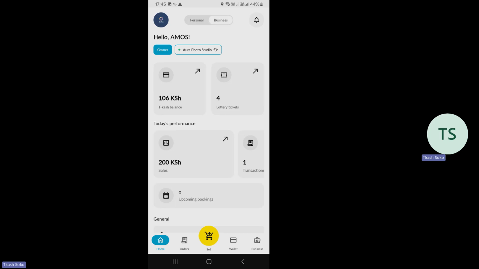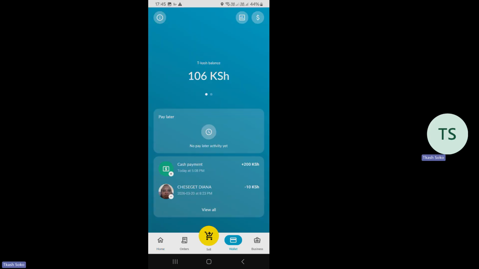So for you to know where this money goes, utakuja tu hapa chini kabisa, there is the option of home, orders, sell, then there is the option of the wallet. So nitaguza wallet. Nikiguza wallet, then this screen shows. Hii screen ina show, it's like bluish. Utaona iko na an icon pale juu on your top left, another icon, another icon. It has 3 icons at the top. So I want us to exploit it and see hizi icons zinahusu nini.